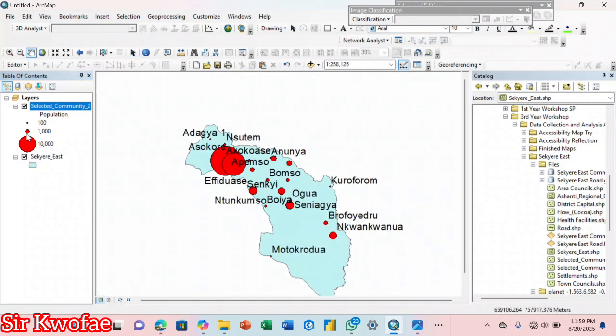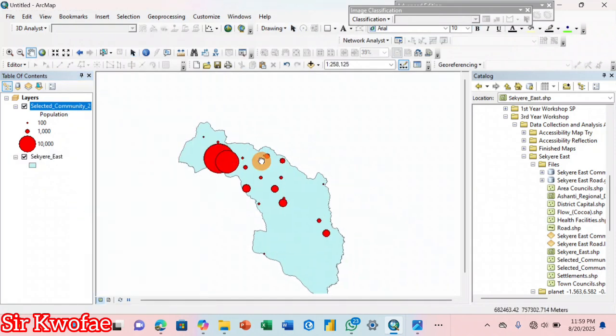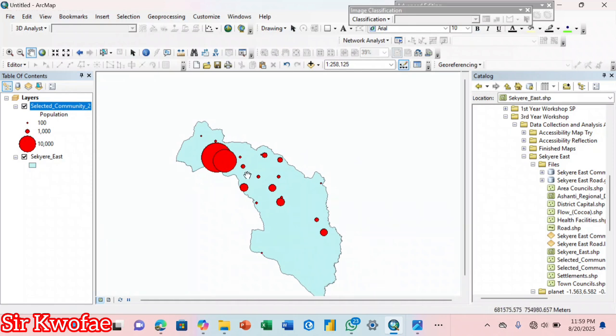Data view. Let me switch off this. So what are we seeing? It is telling you that the big circles, they are in 10,000 population. These circles, the ones that are a bit small, they are in 1,000 population, while the small circles are in what? 100 population. So for example, if we label the features,